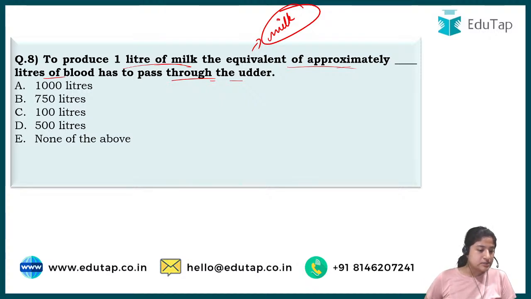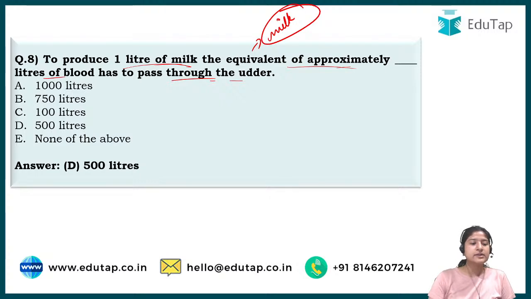And the correct answer, let's see who is the first one to give the answer. Subhajyoti says D, and the correct answer is D only, that is 500 liter. Okay, so what is the udder? The portion from where you extract milk from a cattle is known as udder. So in that udder at least 500 liters of blood should pass, so that 1 liter of milk can be extracted or produced. Okay,